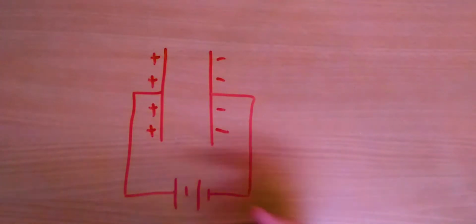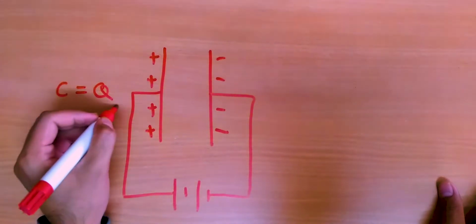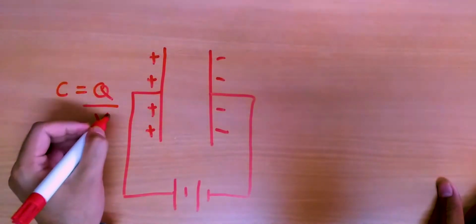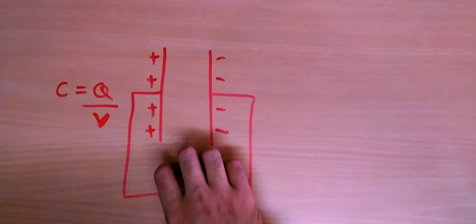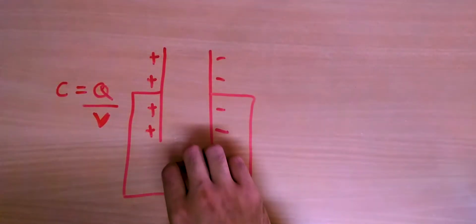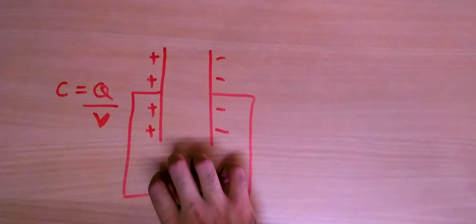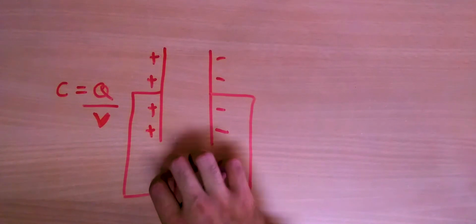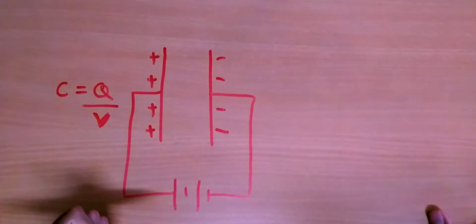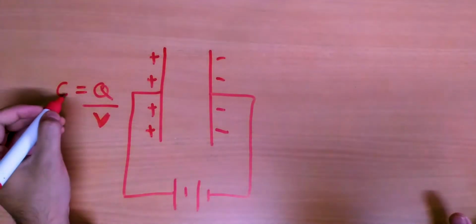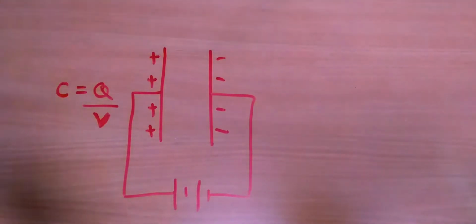And we've also looked at the expression: capacitance equals the charge stored divided by the potential difference, or the voltage of the battery. If I have a larger battery with a higher voltage, I'll have more charge stored. And if I have a smaller battery with a low voltage, I'll have less charge stored, right? In this video, we'll be having a look at the various factors upon which this capacitance, which is constant for a given capacitor, depends.